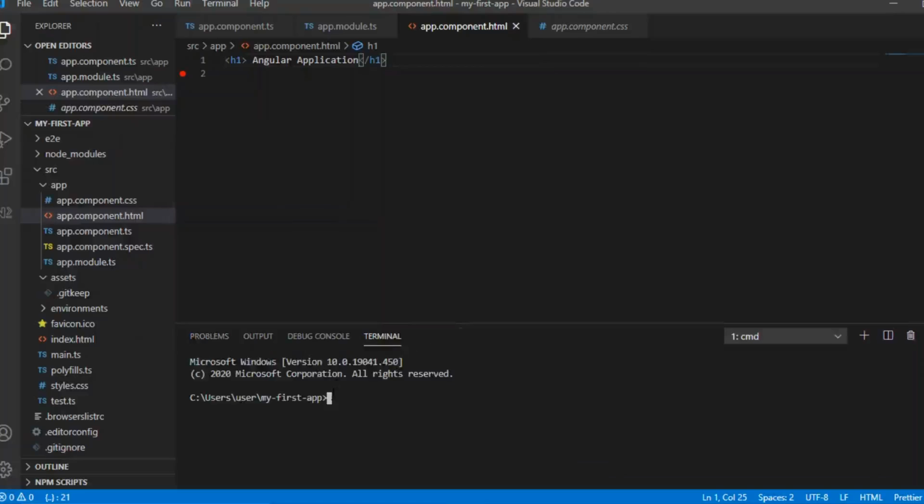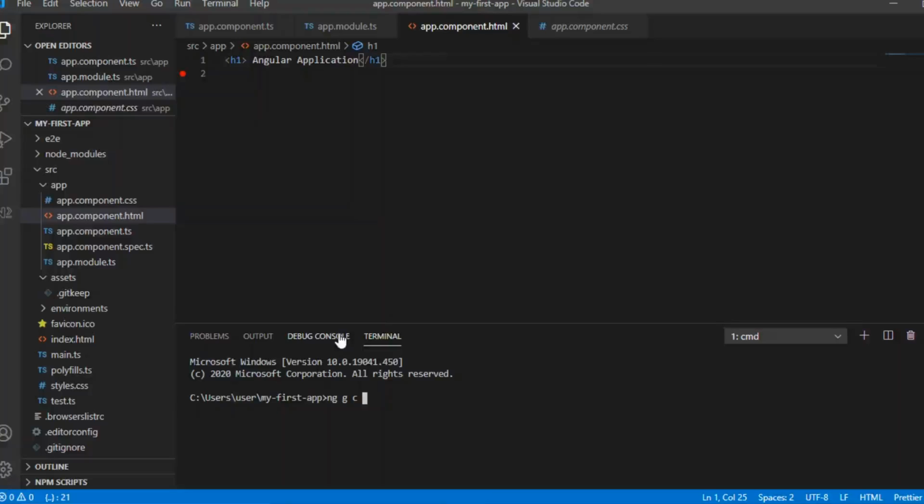In the terminal, you have to type ng generate component, which means create component, and the component name. Or you can give the short code, for example, ng g c.